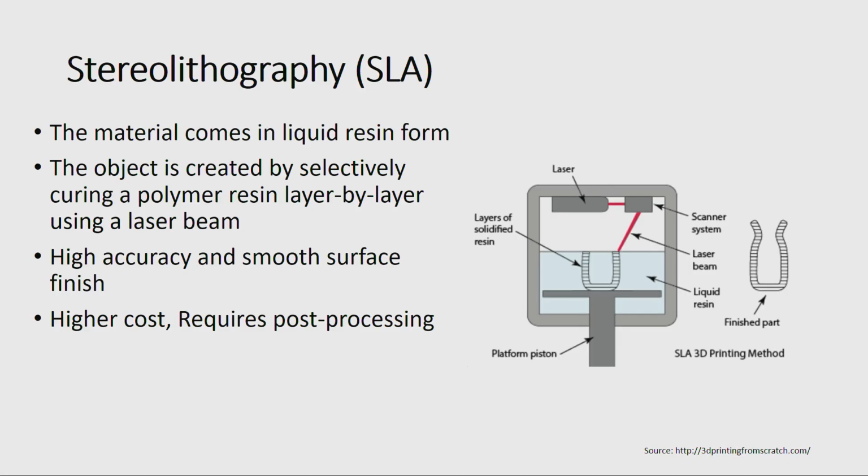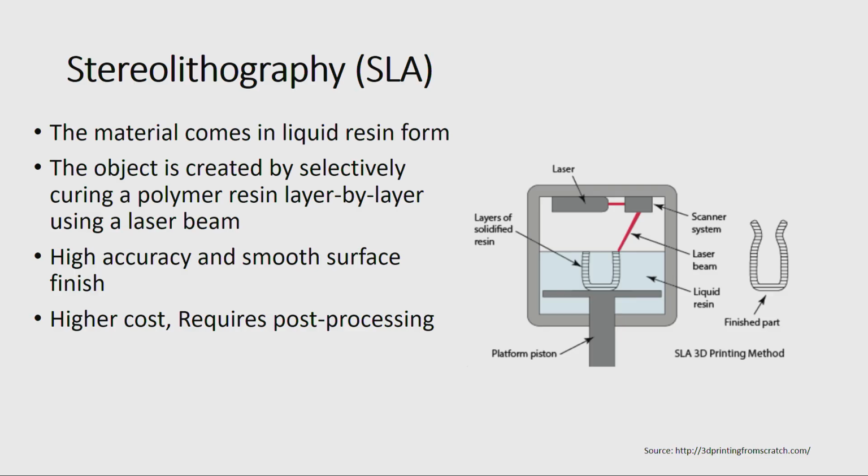Next is stereolithography. Here there are some differences from the previous FDM 3D printer. Here the material will be a liquid resin. The specialty of the resin is when UV light is shown to the liquid, it solidifies. Previously in FDM 3D printers, there was solid plastic material that was heated for making it easier for deposition of material.